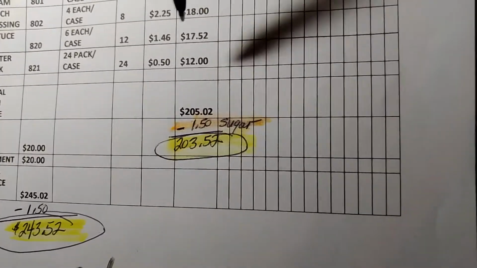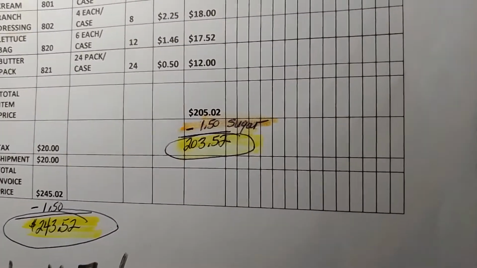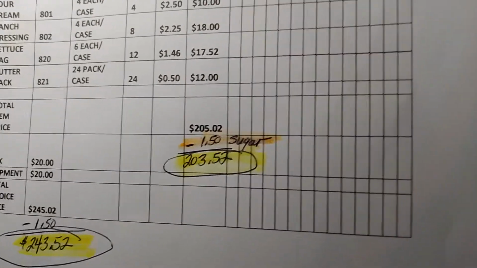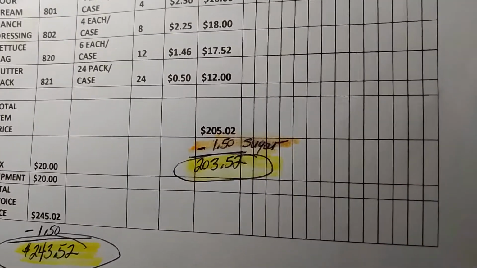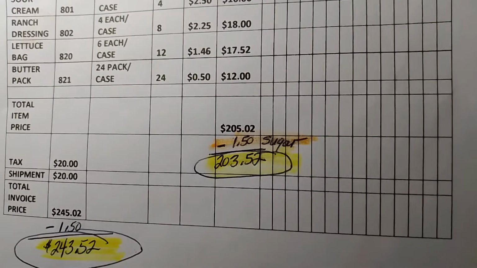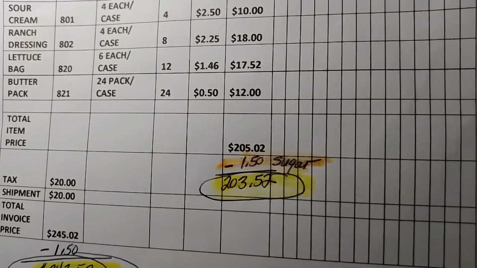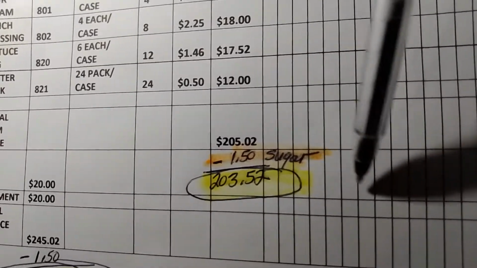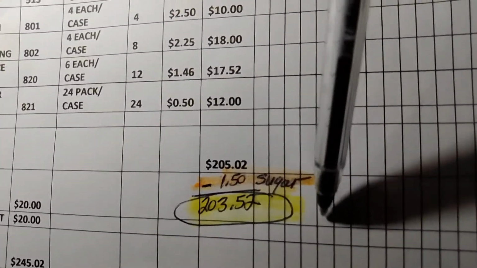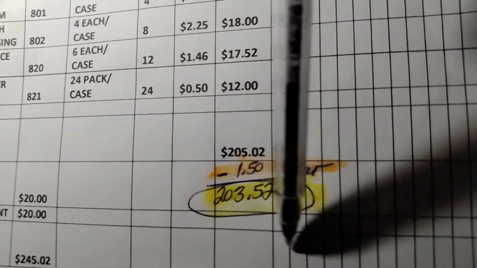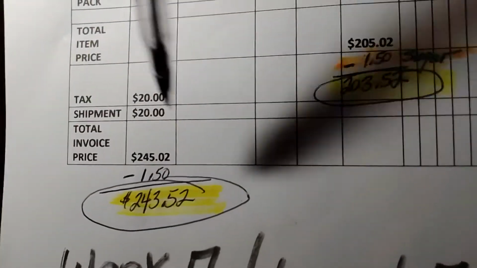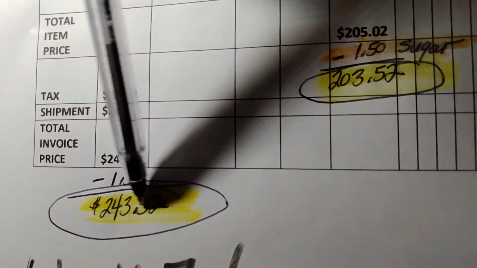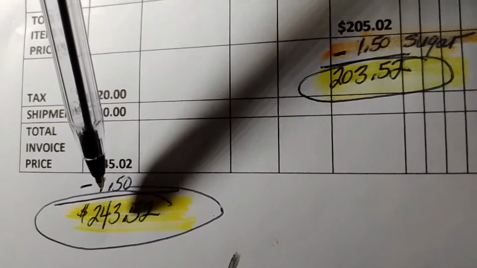You would say, okay, the invoice was $205.02. Take away $1.50. Then that would be $203.52. You would circle it. You would have the truck driver initial over here. You would also initial. Then on your whole balance, this is when they add the tax, the shipment, and all